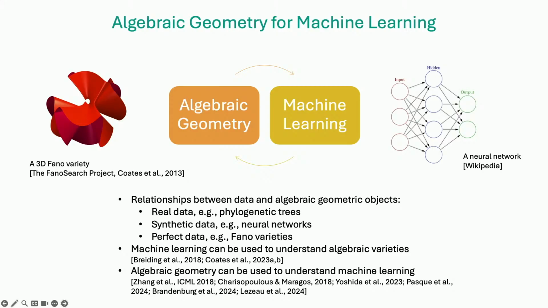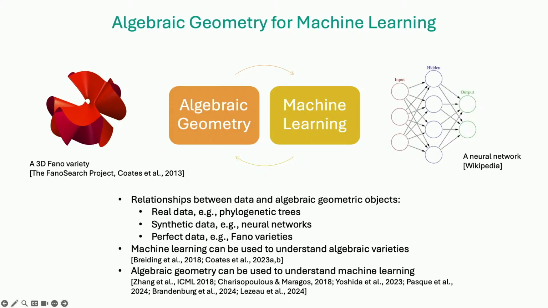And then now you have a whole collection of varieties. They come purely from mathematical settings, but they are data. There's no randomness here, so they are perfect data. That's what I mean by perfect data. And why not use machine learning on this? It turns out you can. I'll talk more about that a bit later on, but yes, you can.